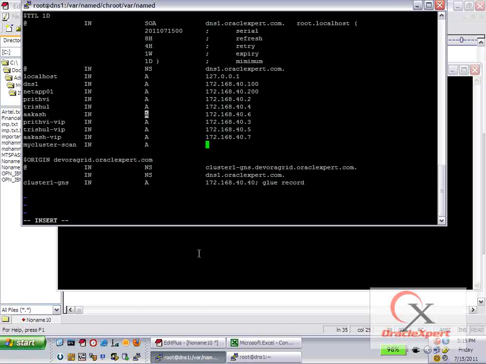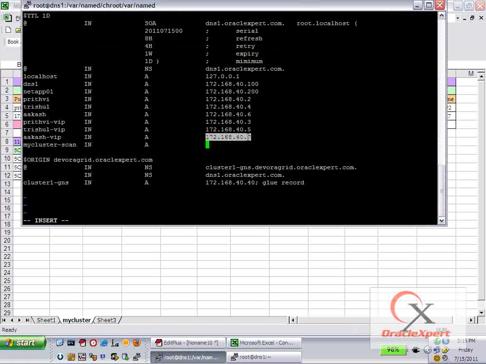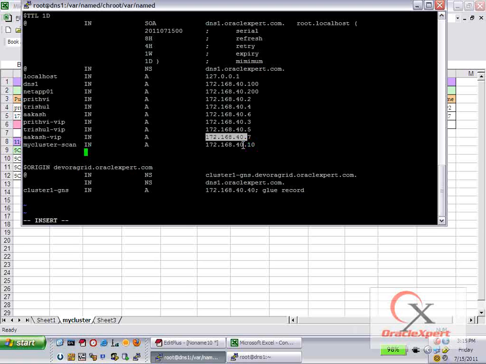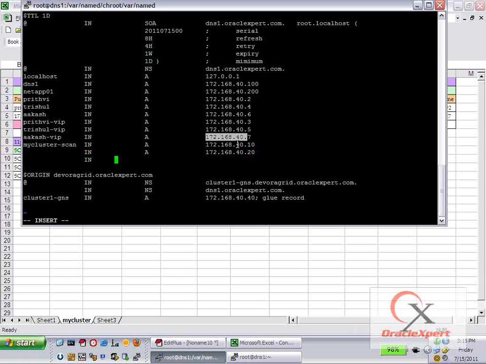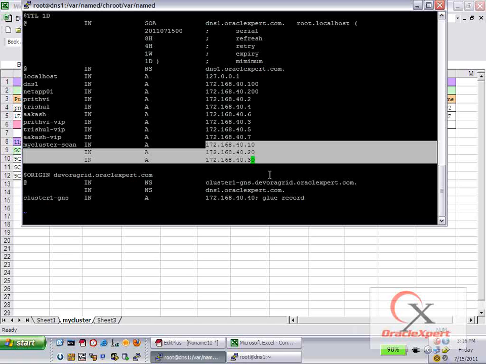Remember that those 3 IP addresses that I plan to use are 172.168.40.10, 40.20, and 40.30. So the name is my cluster-scan, but there are 3 IP addresses which would resolve in a round robin